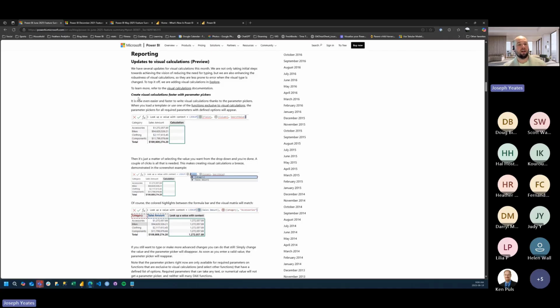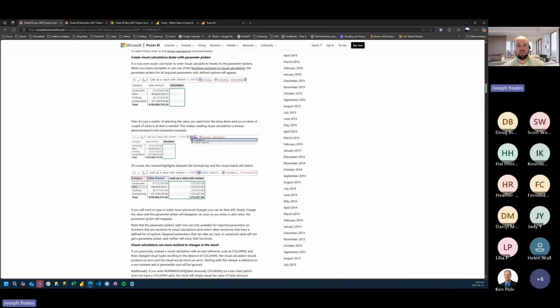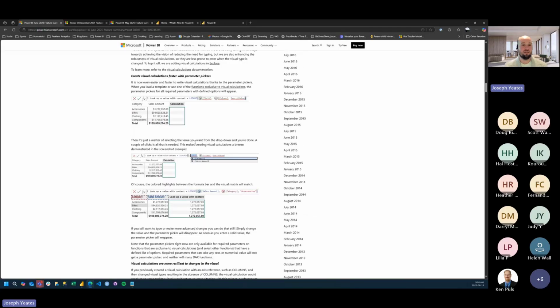So the big update this month was to create visual calculations faster with parameter pickers. I will jump into Power BI Desktop in just a second, but what this feature allows us to do is, previously we did have some bespoke visual calculation functions. And when we would go through, it would pre-populate the parameters that we would need to input to get those